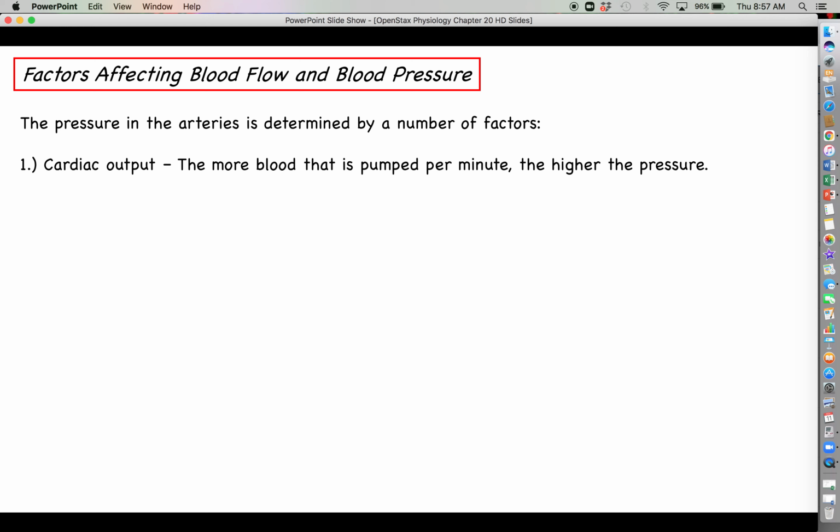At the end of chapter 19, we talked all about the different ways that cardiac output can be regulated by the autonomic nervous system, namely regulation of the heart rate and the different ways we can regulate the stroke volume. So those all still apply here. Whatever you do to the cardiac output, you're going to see an effect on the blood pressure. So the idea here is very simple. As your cardiac output increases, there's going to be more blood being pumped by the left ventricle every minute. And as such, with more blood coursing through your arteries, there is going to be a higher pressure on those